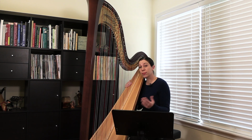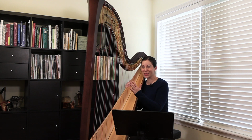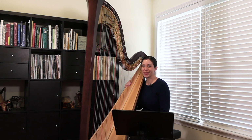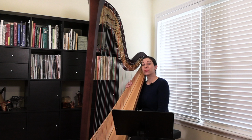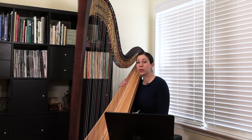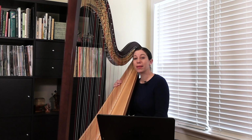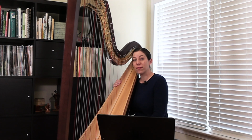Now, most of the time when a student is learning a piece, they logically enough start at the beginning and work their way forward. And I find that if sometimes a student flips that around and starts at the end and works their way backwards, this really helps to balance out their practicing and make sure that everything is very